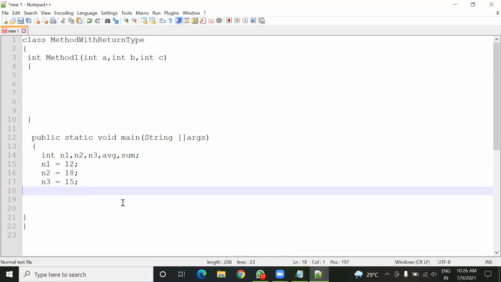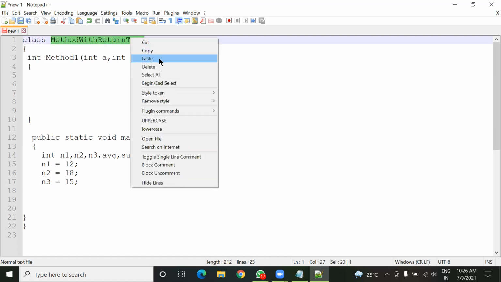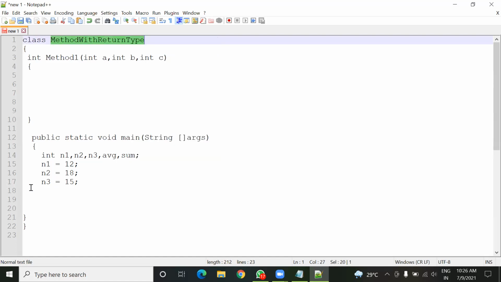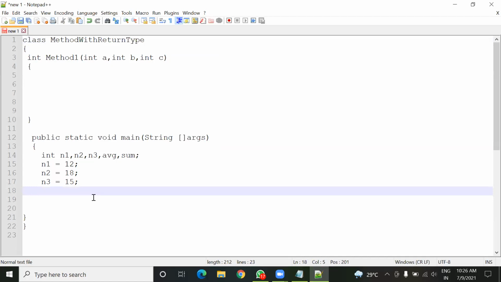First of all, I'm going to create one object of this class. With that object, I can call this method one. Name of the object I'm going to give, ob1 equals to new method with return type, like this.